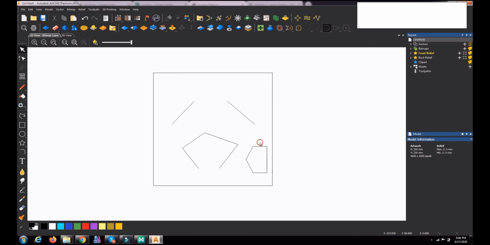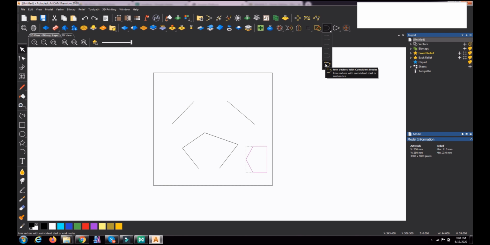Now I am undoing it. So it becomes as earlier, all four independent vectors touching each other. In this case, we can select all of them together and go for the last option here. It is known as joining vectors with coincident nodes.